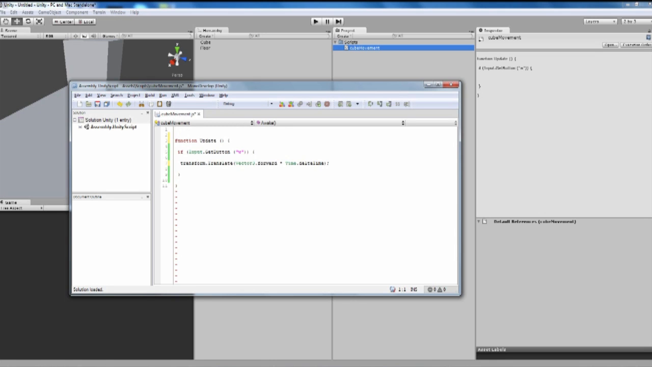So the way we're going to do that is we're going to add a variable. We go var, short for variable, and then we want to create our own variable. We can type whatever we want here, but I'm going to keep it nice and simple, and we'll go